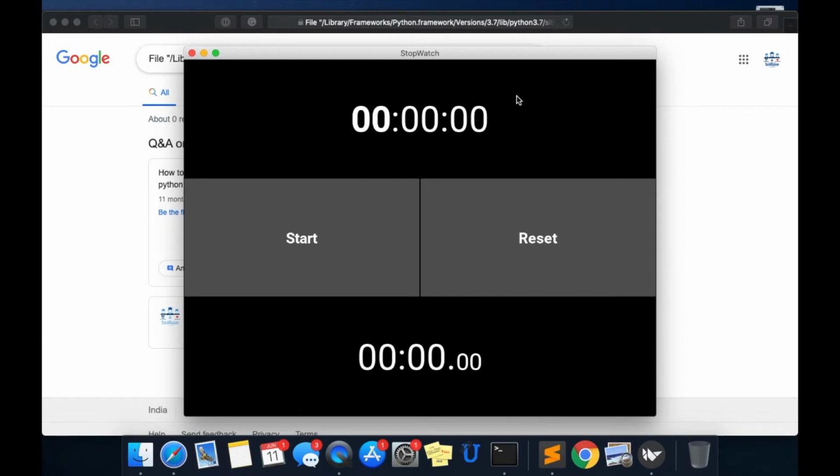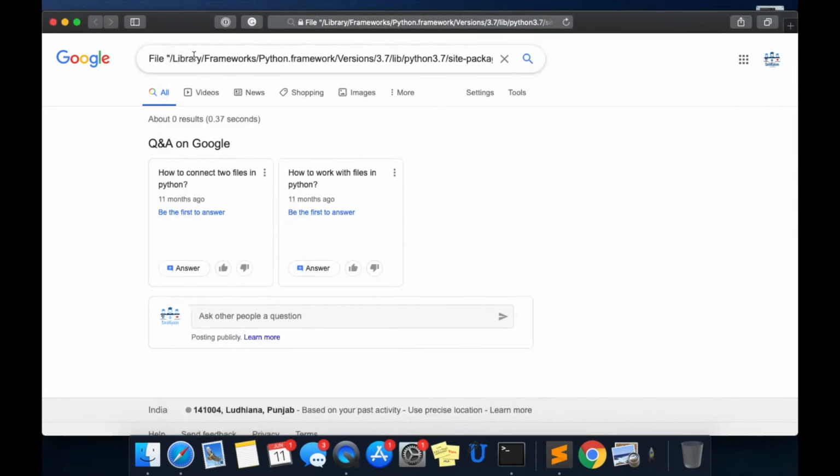You will see that all the three elements have taken the equal space, and inside this box layout both the buttons have taken equal space. But this is not what we want. We want our buttons to be smaller and have some space between them, and for that let's close it.